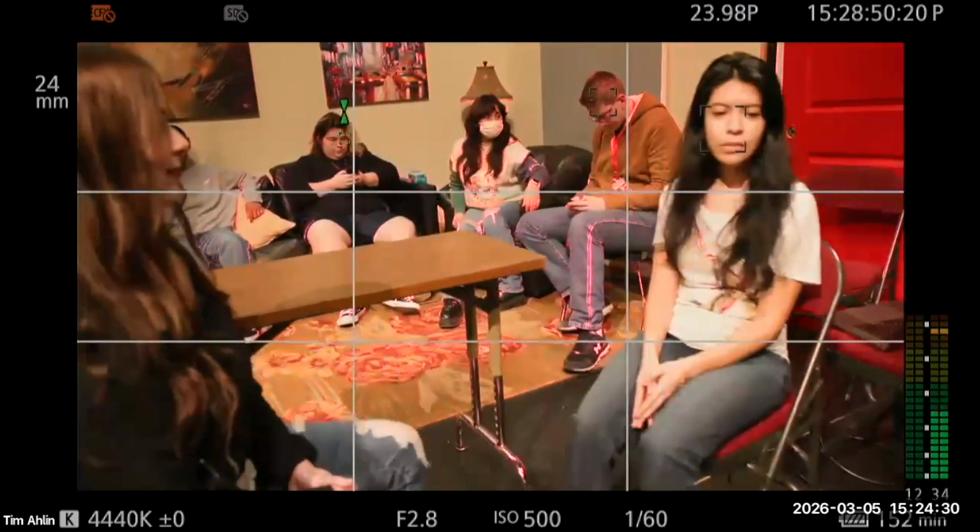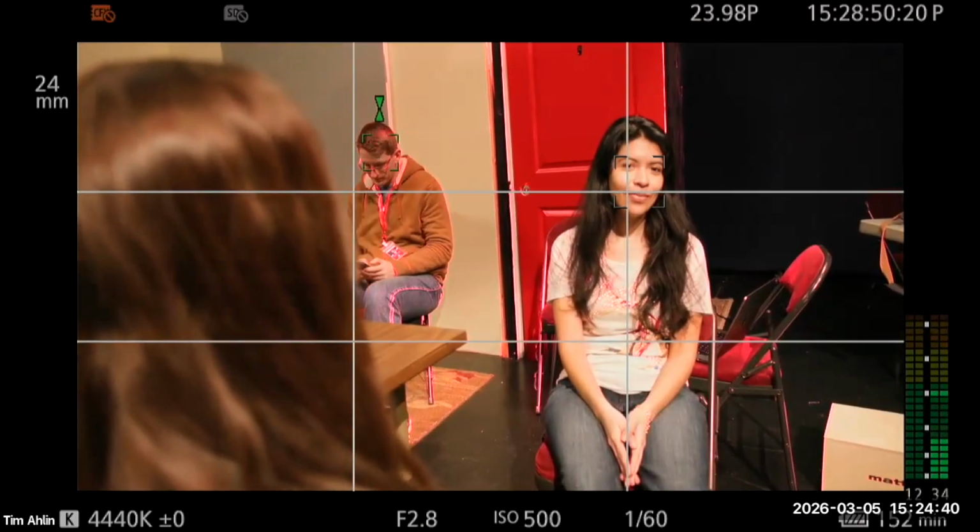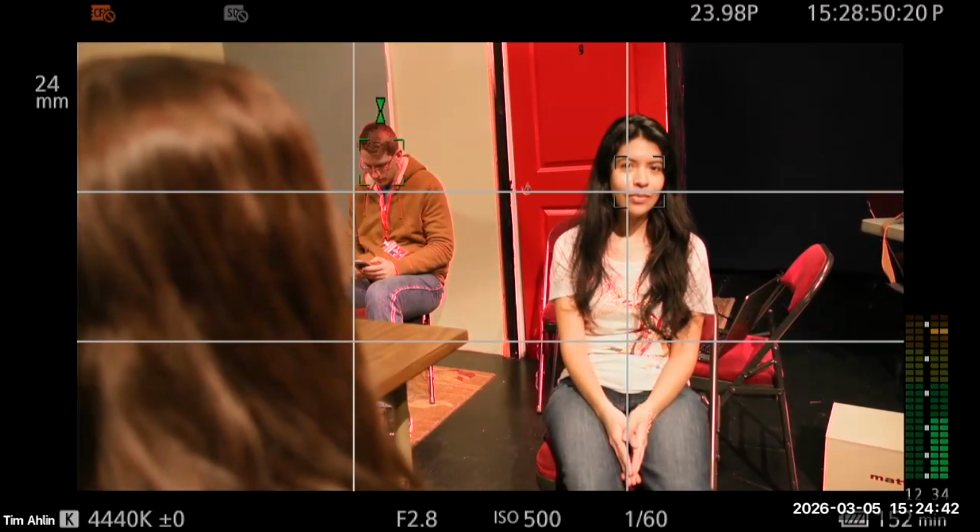The 180-degree rule is a way to keep your audience from being confused when they're watching your film. So we've set up the scene. We have two actors on set, and this is our two shot while they're talking. Now, if we suddenly went to singles of them, if I wanted to do an OTS of Samantha, what does OTS mean? Over the shoulder.